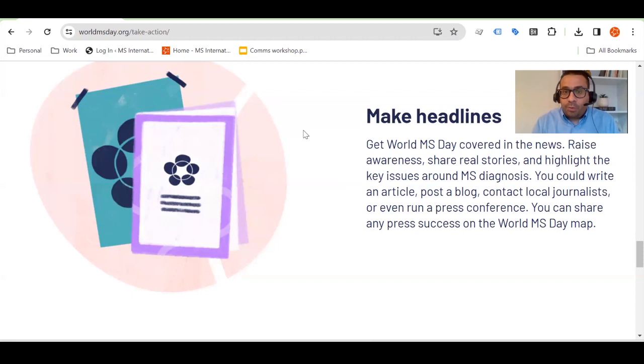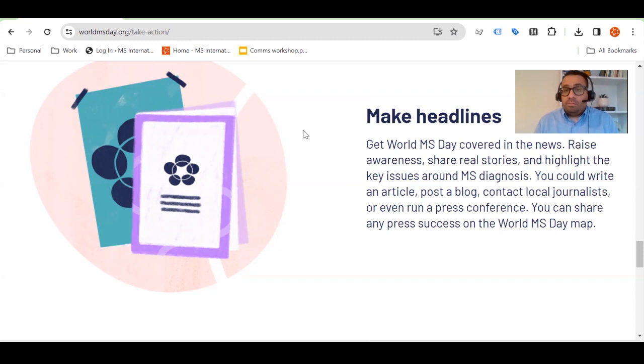World MS Day doesn't go without making the headlines, and we want to continue to do that, or perhaps ramp up and do even more, because that will help us to reach far more people.